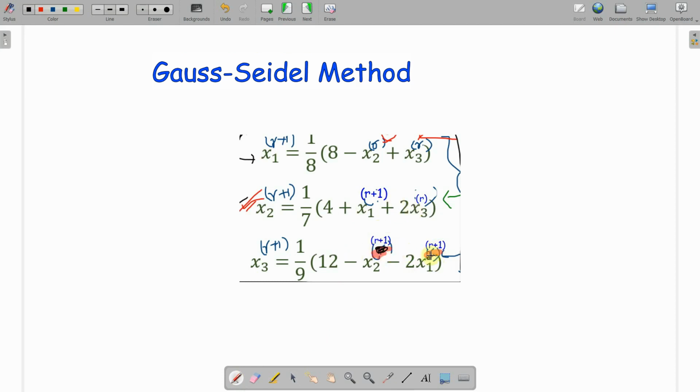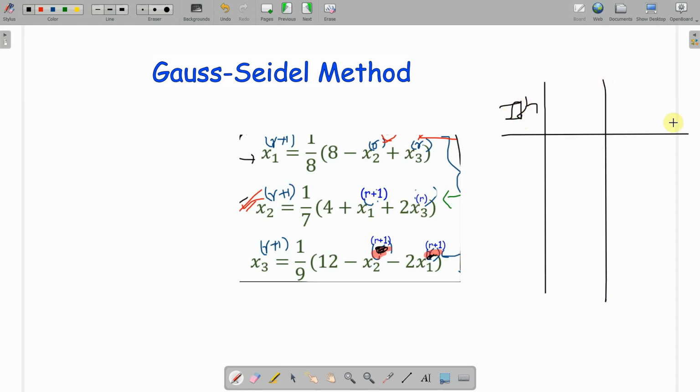So for the Jacobi method we are considering these values r, but here as we have the r plus 1 values, so we will be putting the r plus 1. Now from here we will be making a table of iterations, and we will be having the values x1, x2 and x3,